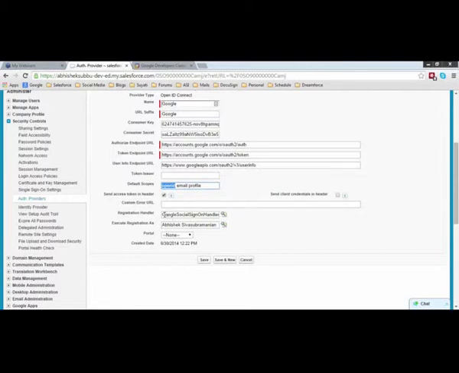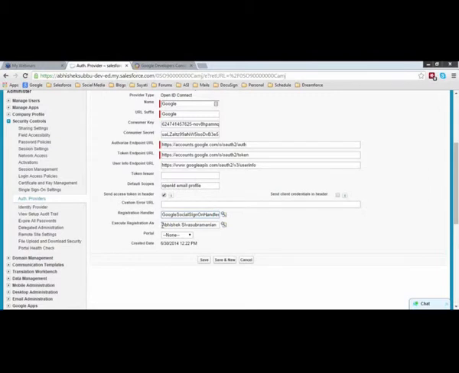Now the next important thing is the registration handler. Now registration handler is nothing but an Apex code that Salesforce will generate for you. You need not sit and develop this Apex code. Salesforce will generate a default template of the registration handler, and what you can do is get into that Apex code and refine the code as per your enterprise policies. For example, the way in which you let the users in, maybe it is based on the domain check, or maybe it is based on the geographical location check. So all those kinds of tweakings is what you need to do in this Apex code.